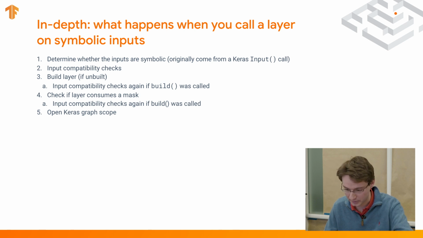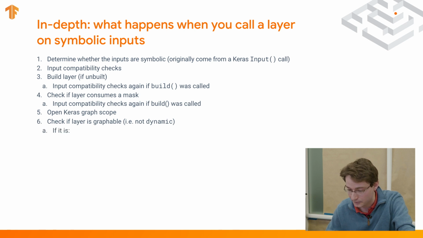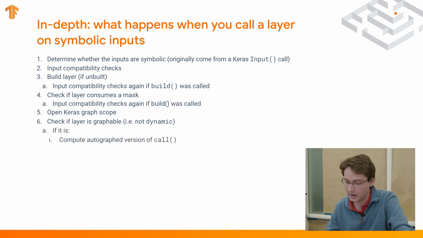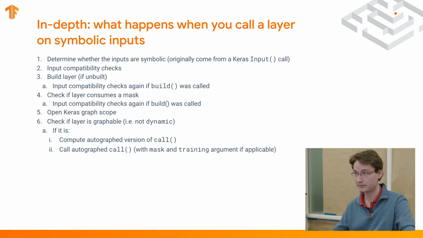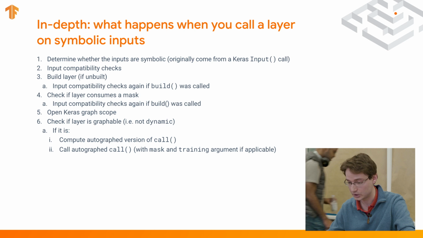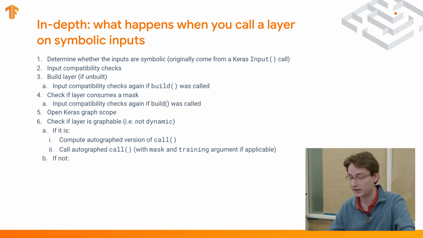We're going to open a graph scope, and check if our layer is graphable. This is a concept we're going to look at in more detail afterwards. If the layer can be turned into a graph, we're going to autograph the call automatically, in order to convert if statements, for instance, or for loops into symbolic conditionals. We're going to call the call method that was autographed using the proper mask and training argument that you retrieved from the current context. If the layer happens to be dynamic, meaning that you cannot convert it to a graph,